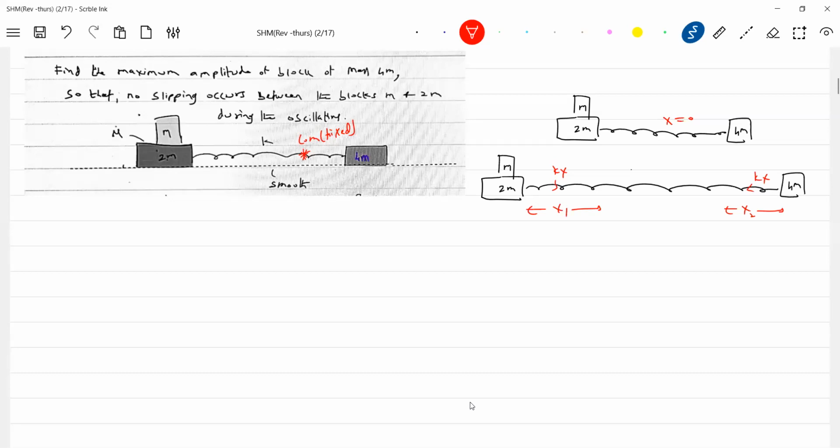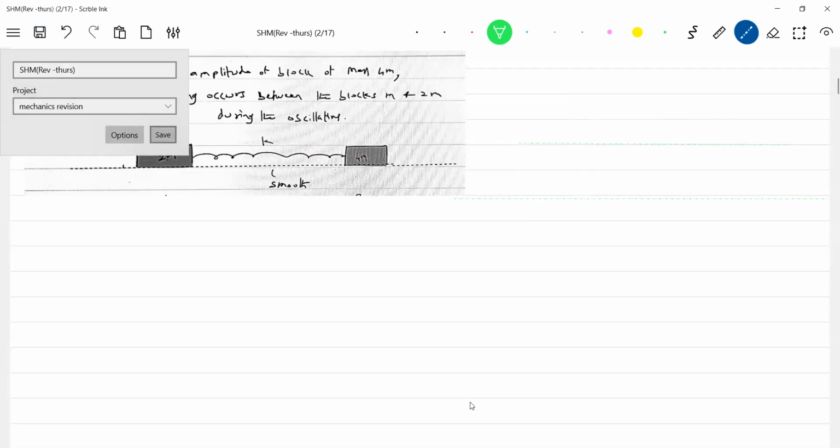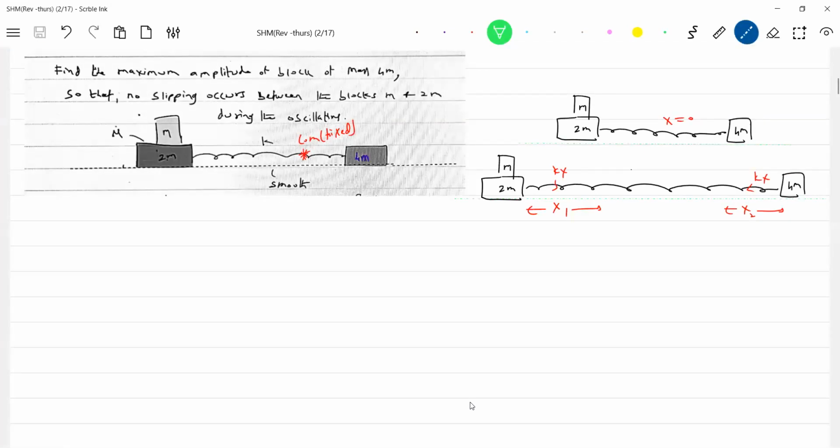It is asking for amplitude. What to do with amplitude? Anybody looking at the diagram, can you say what is amplitude here? This is one set of blocks, there's one block here. Will they have the same amplitude or different amplitude? Will they have the same time period or different time period? Anybody? Any comments? Amplitude of these two systems of blocks, will it be different or same?